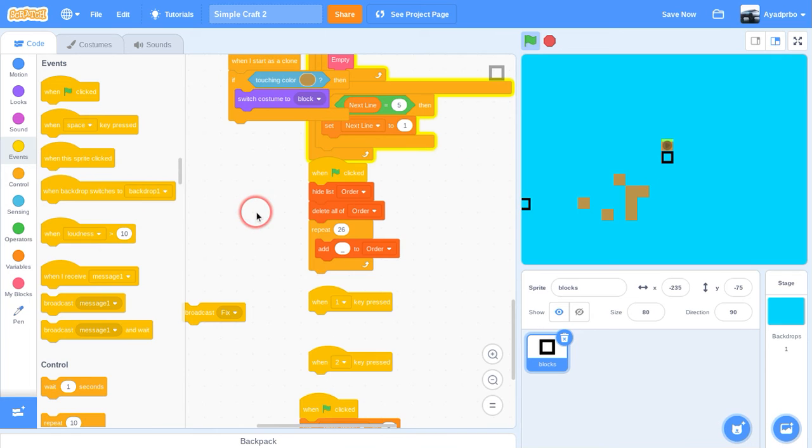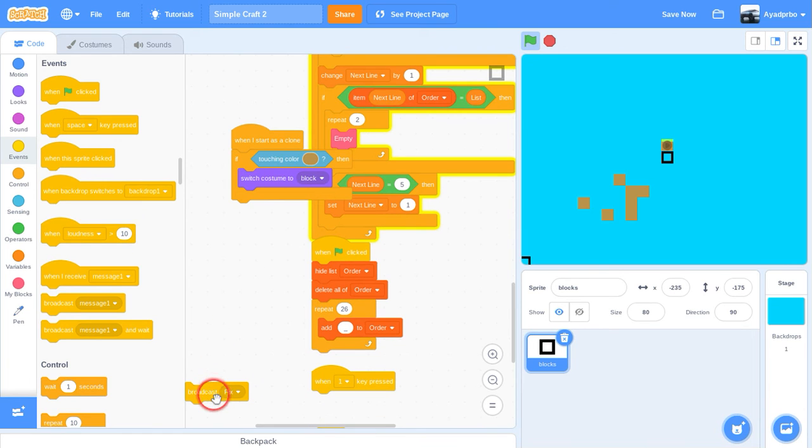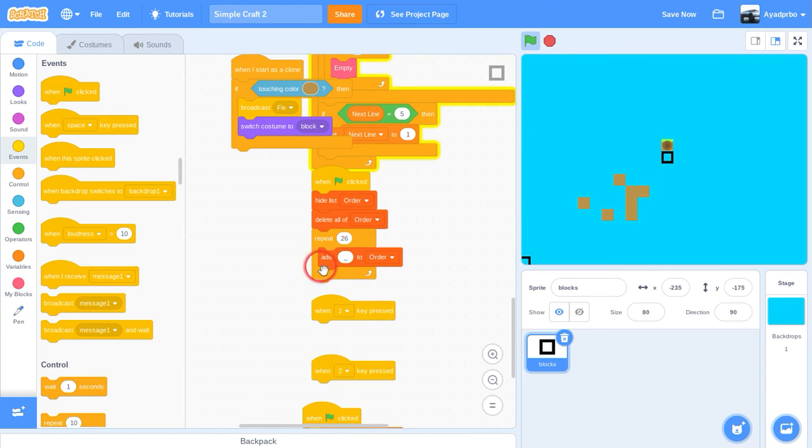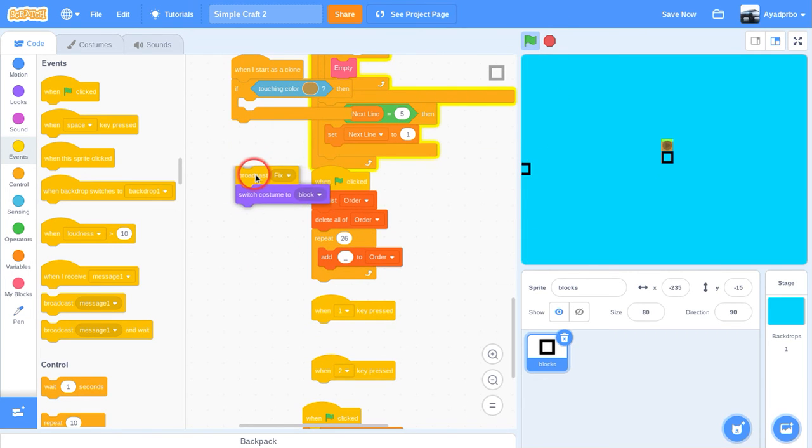And over here, when I receive fix, when broadcasted fix, we will need to actually, let's remove this and let's click the green flag. There, it's working how we wanted, but the down blocks maybe aren't like that, and that's why we need to